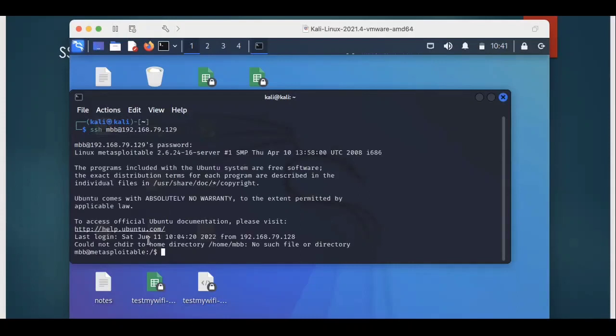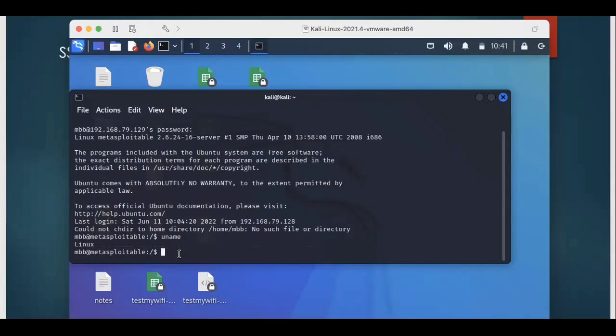Yeah, now we can see that we are connected to this Metasploitable machine. Here we can see the username. It's a Linux machine. Okay, I'll just log out from this server